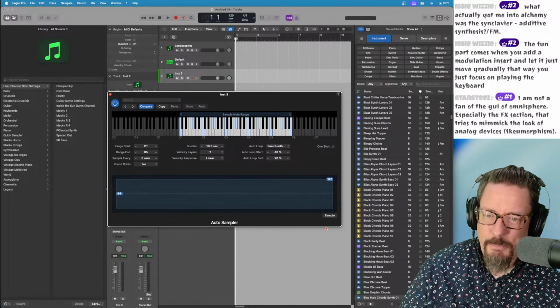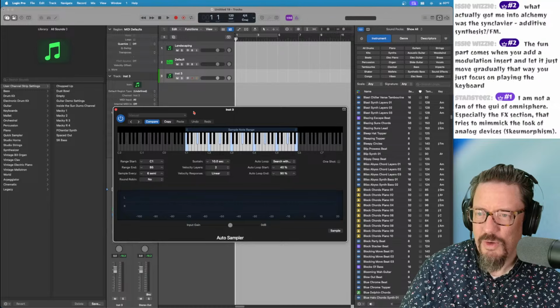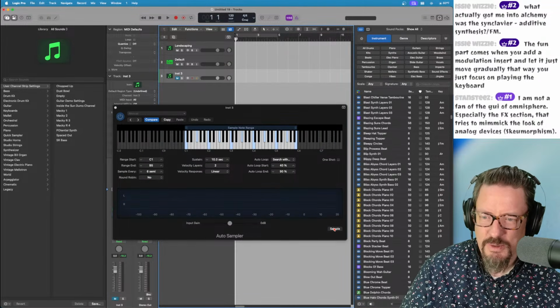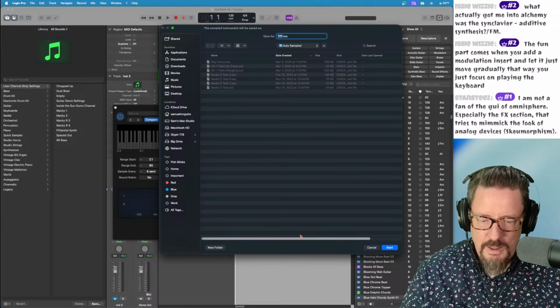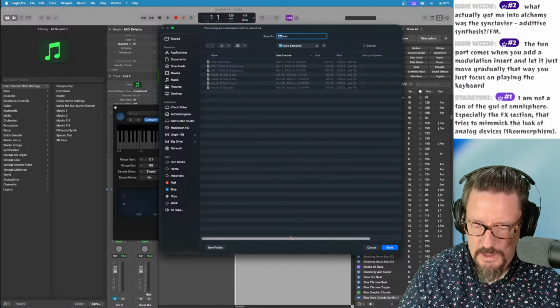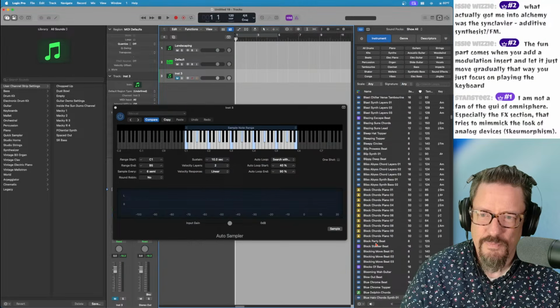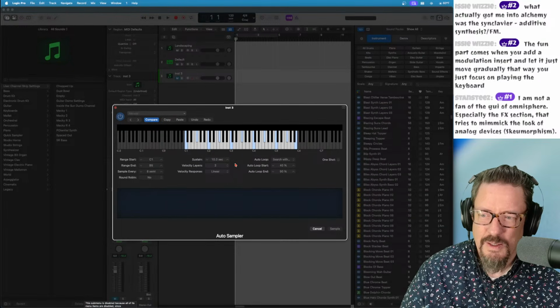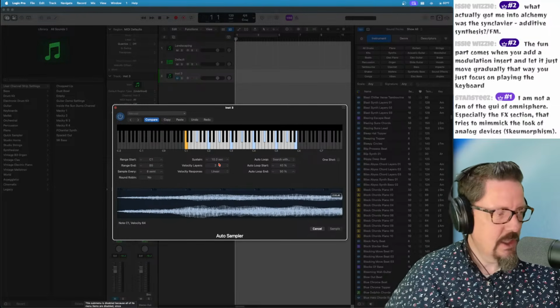So I'm just going to set up a basic instrument. I don't know if I can, let's see if I can mute this and it'll still work. This is strings, simple. Oh yeah, it's going to work. I just didn't want to listen to all the notes get recorded.